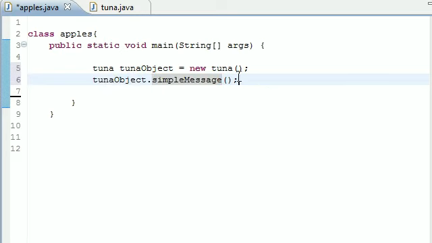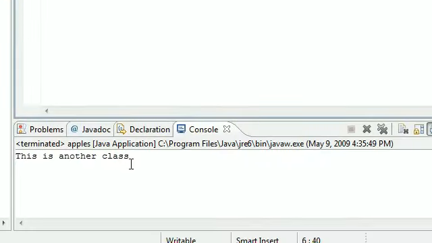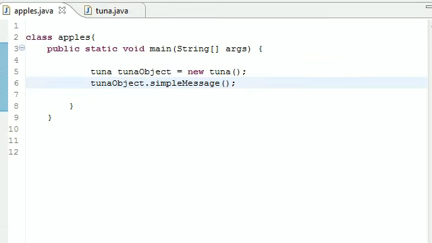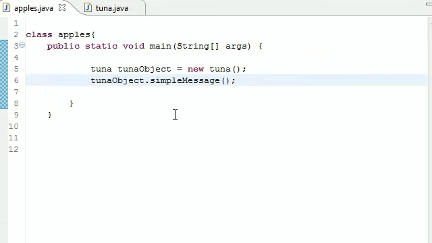So let's go ahead, and unlike before, when we run this program, we get the message that we just built: this is another class. This is how you can use different classes in your main program or your main method. So this is a way that if you own like a software company, you can